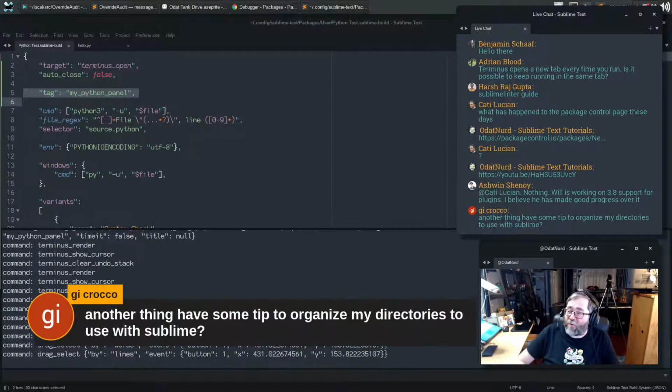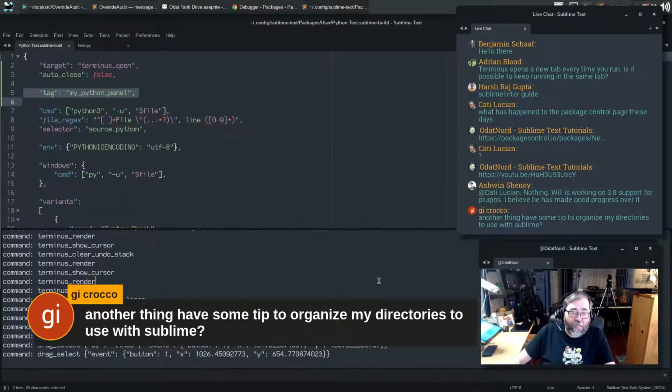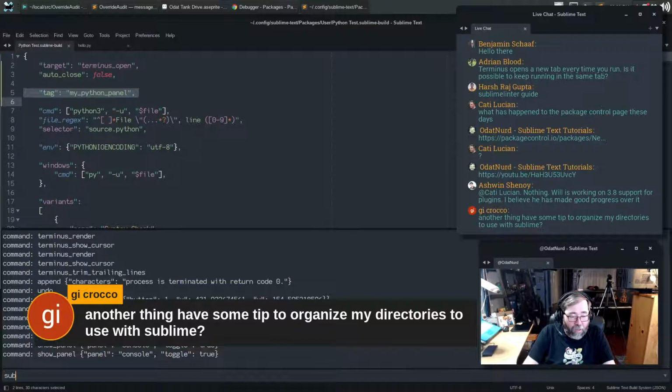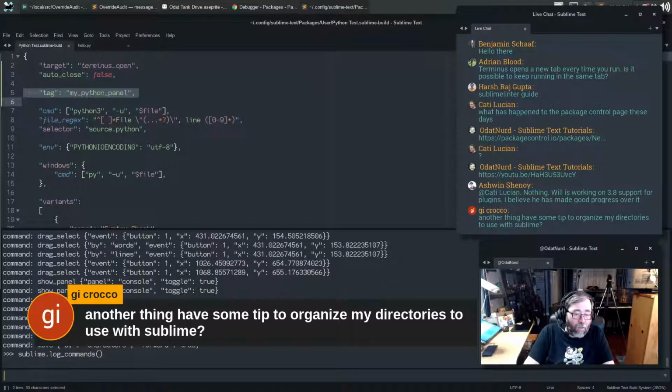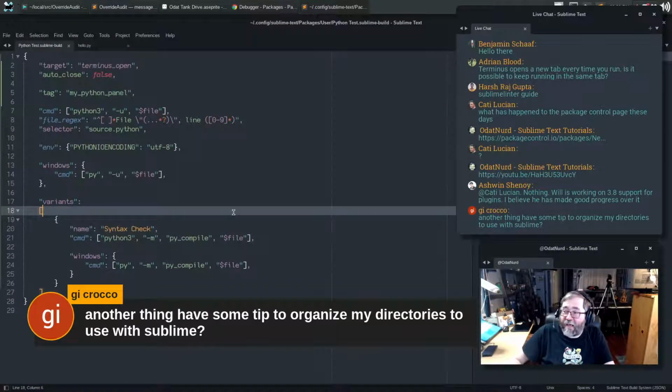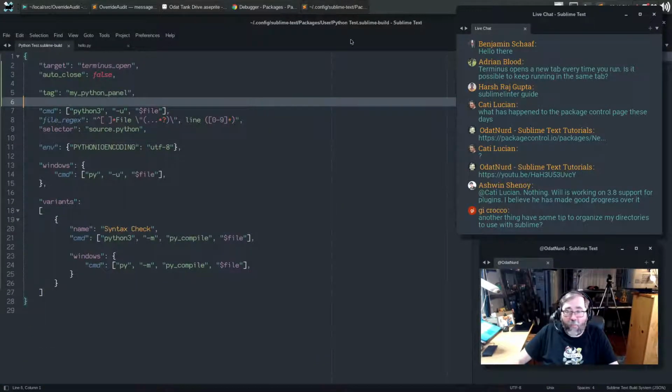Tip to organize directories to use with Sublime. I'm not entirely sure what you mean by that, and I may or may not want to have logging of commands turned on, because that is just irritating. What exactly do you mean by that particular thing? We will